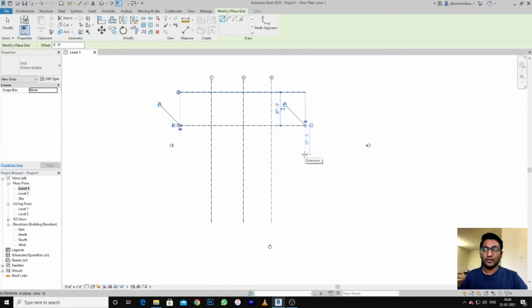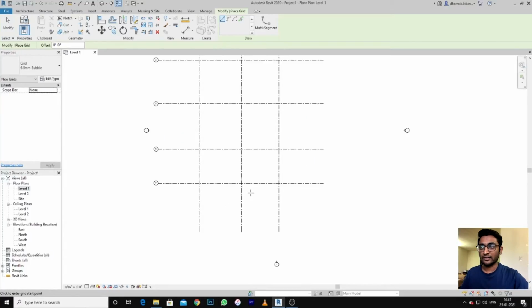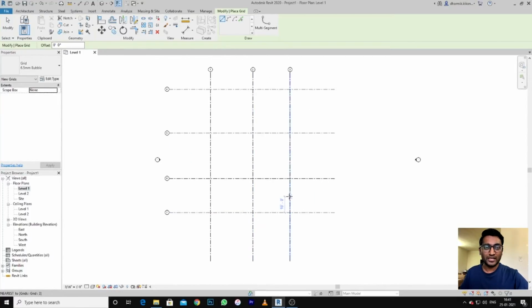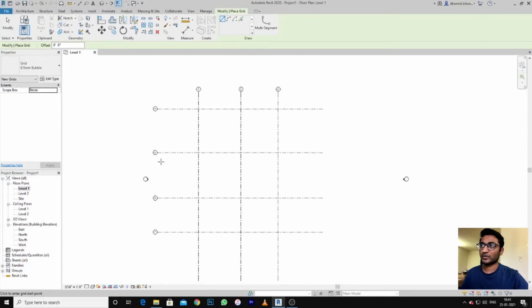And also you can take this grid according to your plan. This is the basic thing which I show you, and how you can use it in your field. Now the grid line is ready, and as you know, it is very easy. Just click and drag out from the other side and click. As you can see, here the numbers are 7 or 6, 5, 4 according to this.